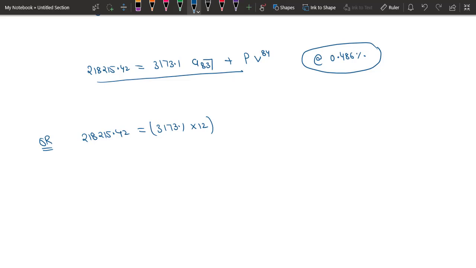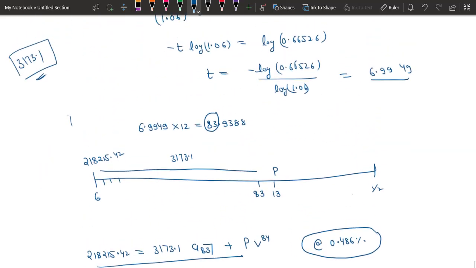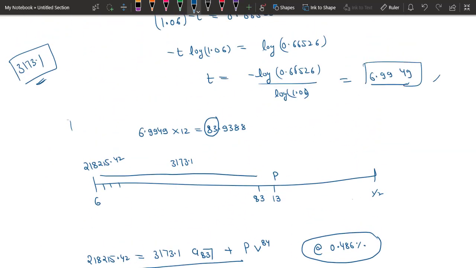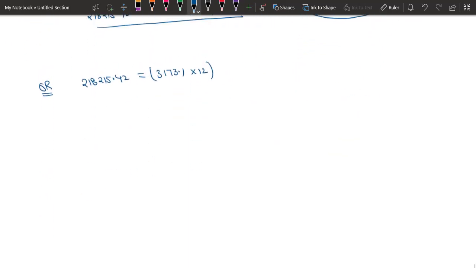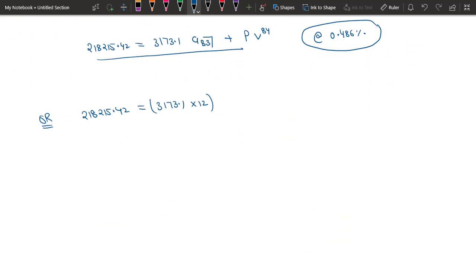You have to take care of that value. You don't have to use this value. Don't use this value. Okay. So we will pay this amount for 6 years and 11 months. So you can write it in two ways. You can either write it as 6 years 11 months, or you can write it as 6.91667. It's one and the same thing, at the rate of 6%.